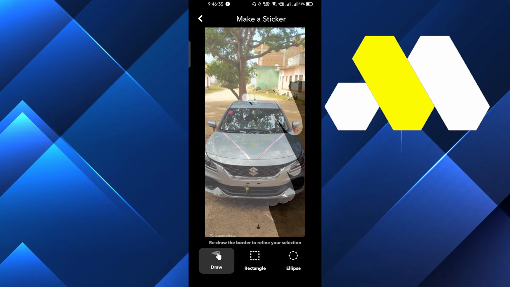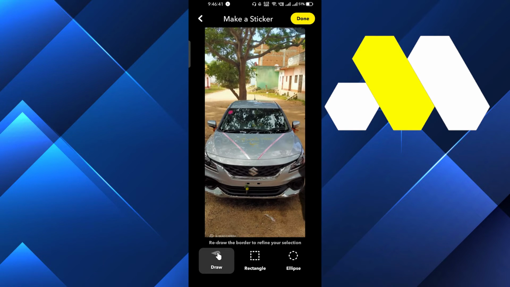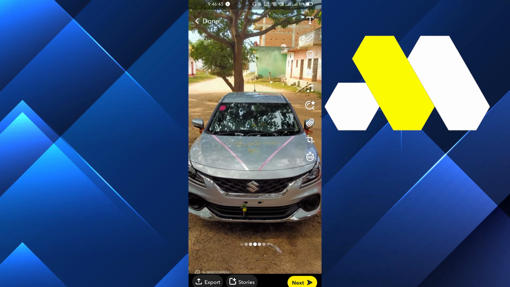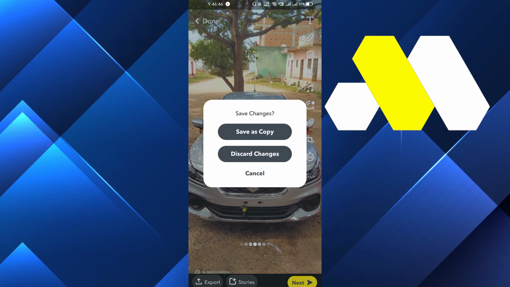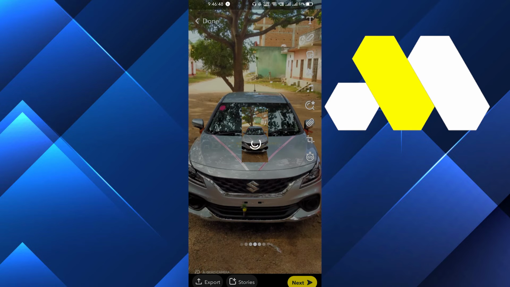Okay, now I will just click on done, and after that I have to just go back and I will save as a copy, right? And after saving as a copy, it will just take a few seconds. I will just go back and I will take a new snap here, and after taking a new snap I will just go to